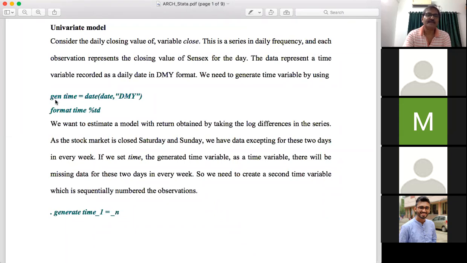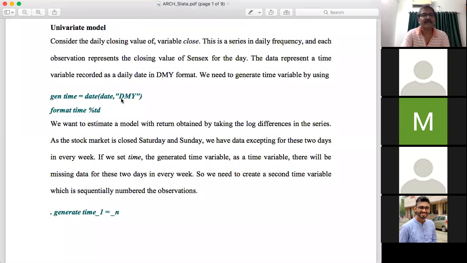So the command is gen, or simply g. You can write g space time is equal to date within bracket, date comma within double inverted comma DMY, capital D, capital M, capital Y. And perhaps you know the meaning of this command.